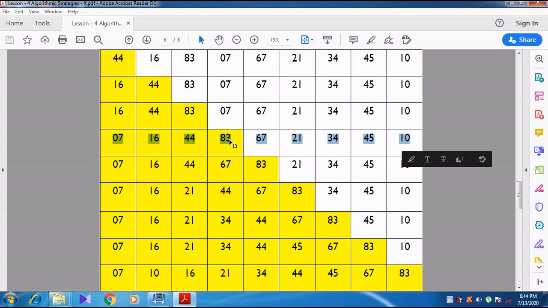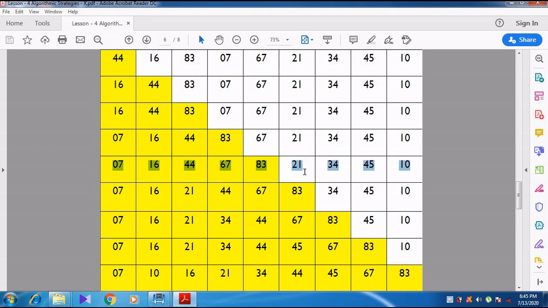Now again we are going with this particular row, the 4th row. 83 is compared with 67. Now what happens? 83 is greater. So swap the position. 67 will come to the 4th position and 83 will go to the 5th position. Now when you compare 67 and 44, 44 is smaller. So no need to change the position. So we want to pick the next element. We are going for the next row, the 5th row.